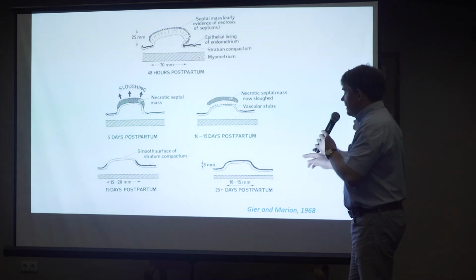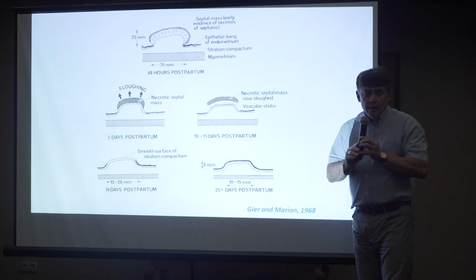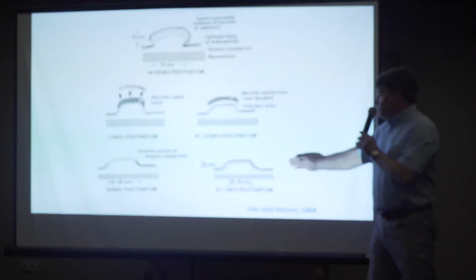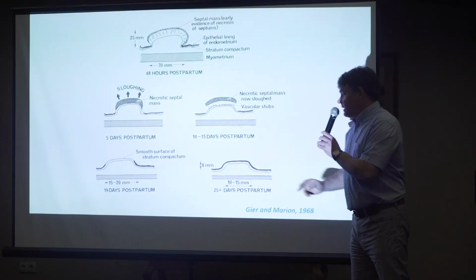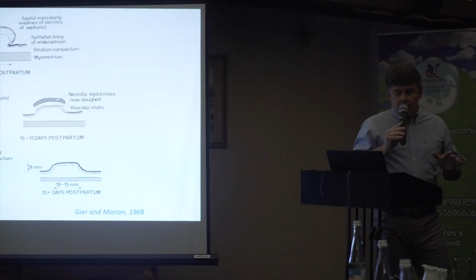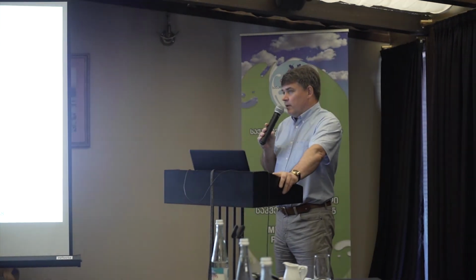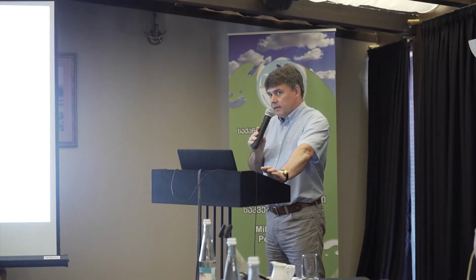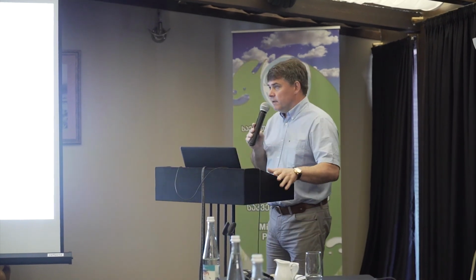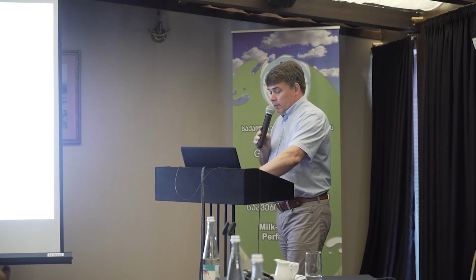At the same time, when the healing process is going on, the caruncula is diminishing in size. And when this process is finished, we may say that the cow is more or less ready for new pregnancy. But despite that this process might end around day 30, we still say that the average time for this total evolution is 40 days. And usually we are not going to inseminate before 45 to 50 days after parturition. This is the normal part.